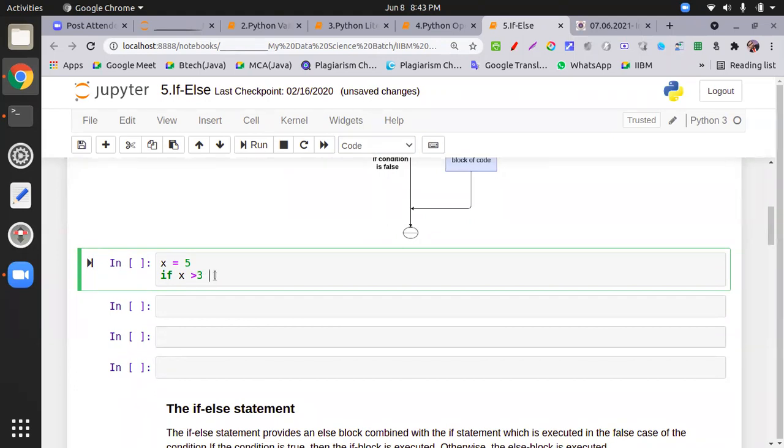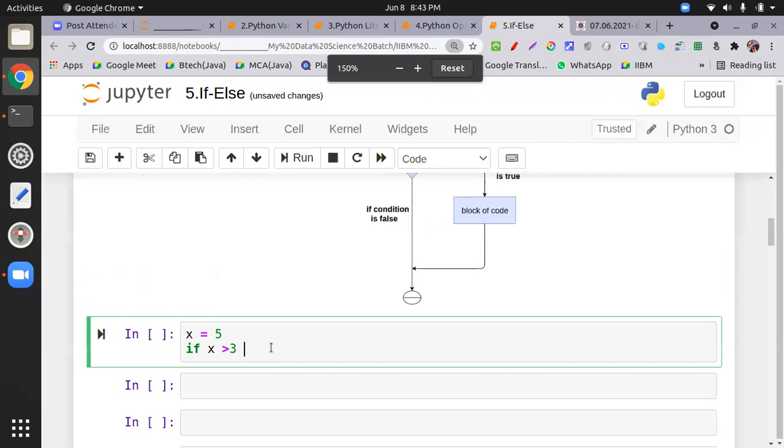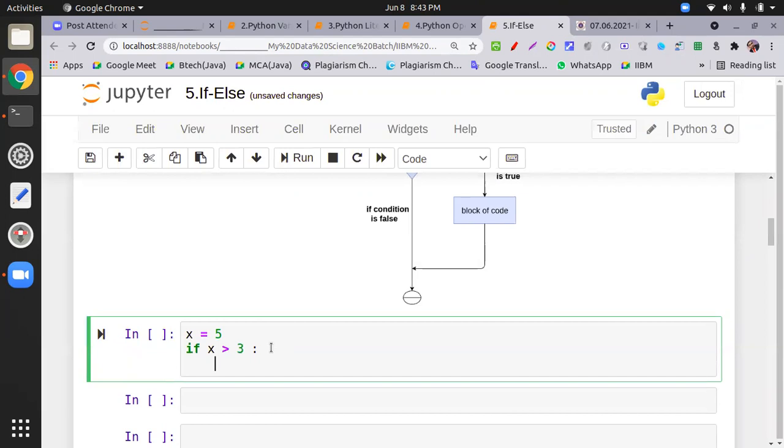We have to make everything a block with the help of a colon, whereas many other programming languages have curly braces. When you press enter after this, the cursor automatically blinks inside the block, because if is a block. You can put one line, two lines, as many lines as you want inside the if statement.